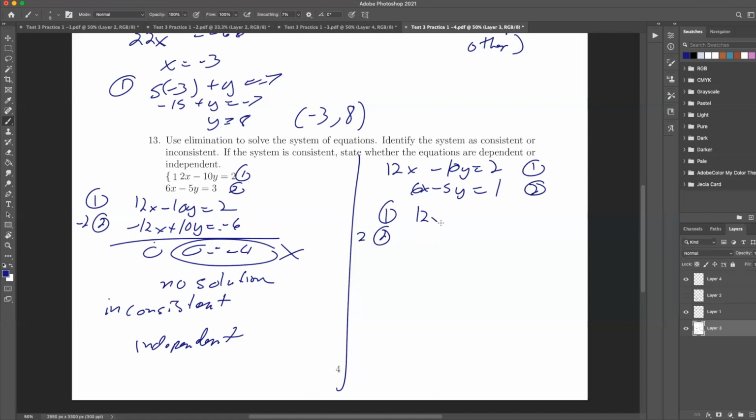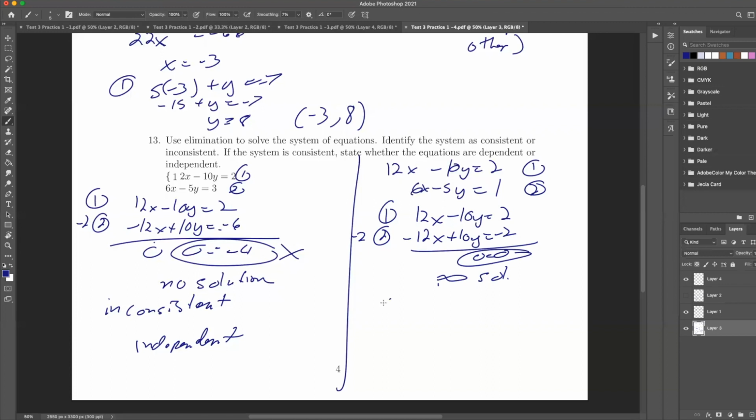And here I'll get 12x minus 10y equals 2. And then I'll have negative 12x plus 10y equals minus 2, because I want to get rid of it. Here I get 0 equals 0, right? And so this is infinitely many solutions. So this is infinite solutions. Okay. And then with those infinite solutions,